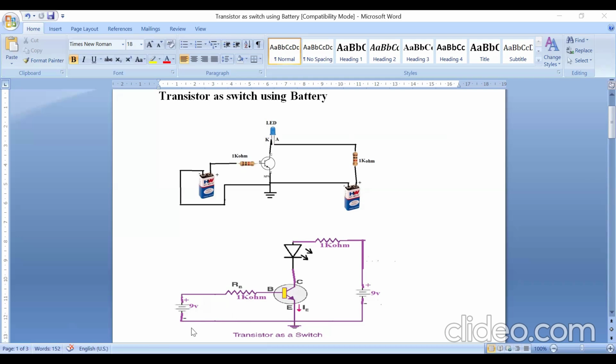Then you can ask me, even though the battery is connected on the output circuit, why the LED is not glowing? So after removing battery, why it is turning off? When I connect battery, why it is turning on? Even though the battery is connected to the LED. The answer to the question is,